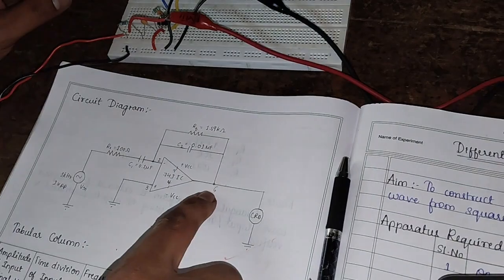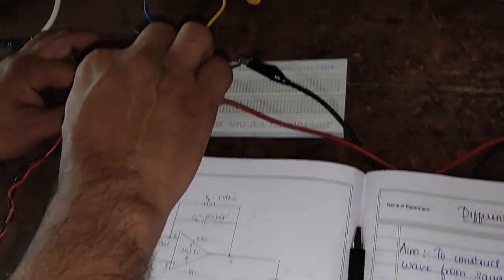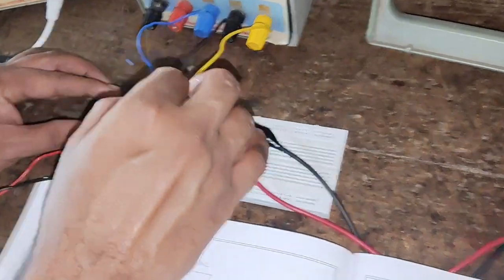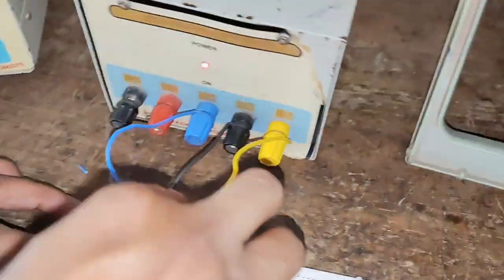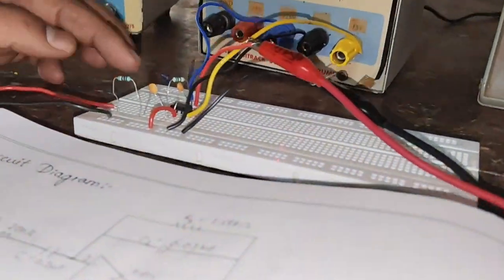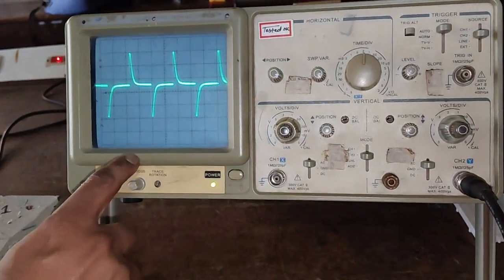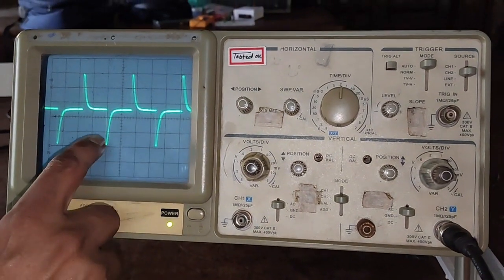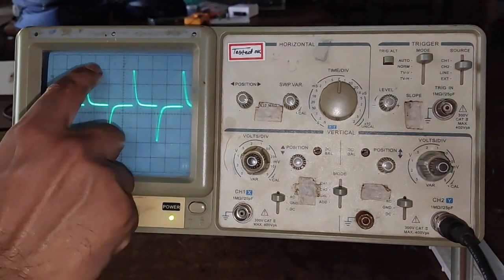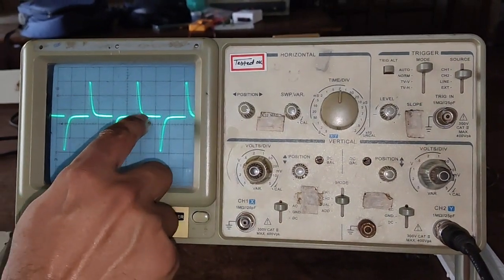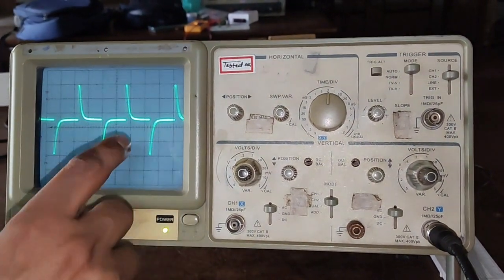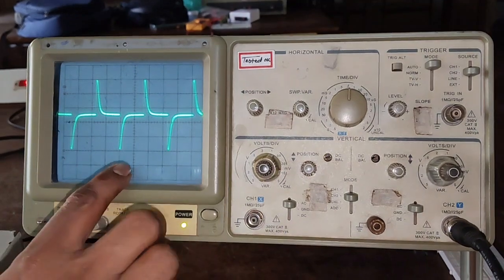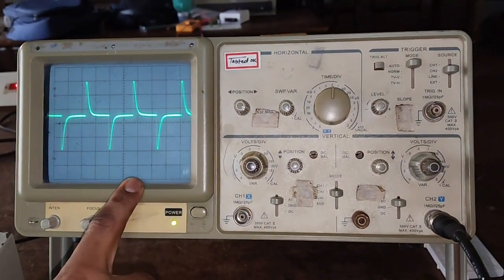In order to check the output, we have to connect the CRO positive at pin number 6. I will connect this to pin number 6 in the circuit. I have connected it here. Here we can observe in the CRO that when I give the square wave, we obtain the spike. We will get a negative spike for T on of the positive part, and a positive spike for T off of the square wave. In this way, we conduct the differentiator circuit with the help of the op-amp.